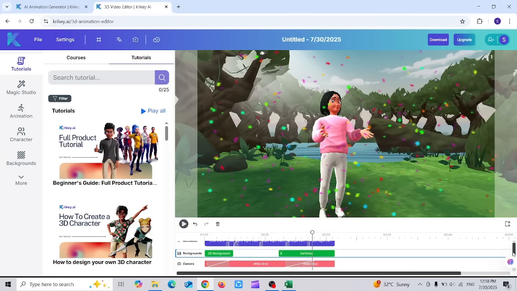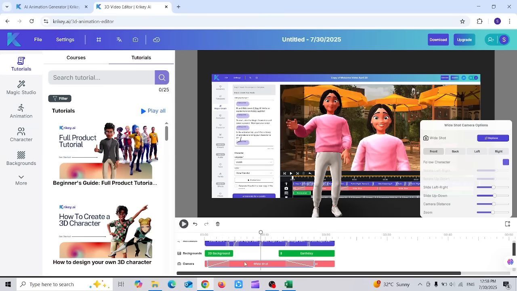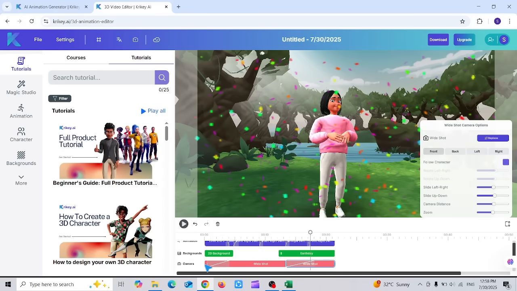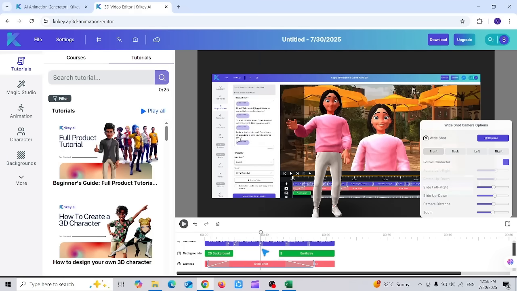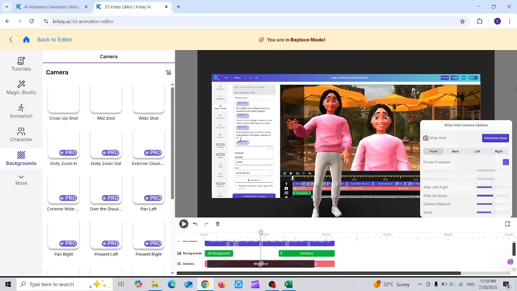Now let's move on to the third layer, which is the camera. In camera it decides the type of zooming or the type of orientation of your camera to your animator or to your character. So for example, we have here a wide shot, and we have here another wide shot, and at the end a close-up shot. So you can see that in the close-up shot the character is zoomed in, while in the wide shot it's zoomed out. You can also replace these different camera orientations by clicking on replace, and